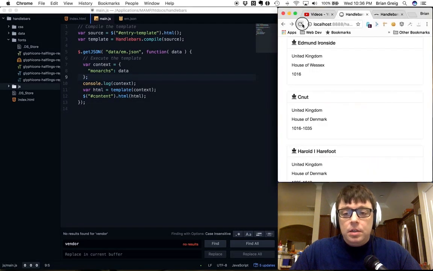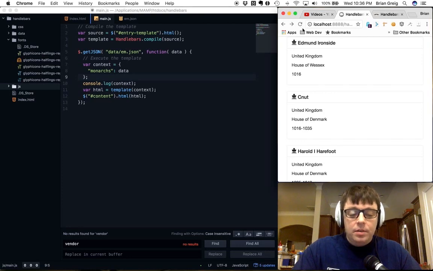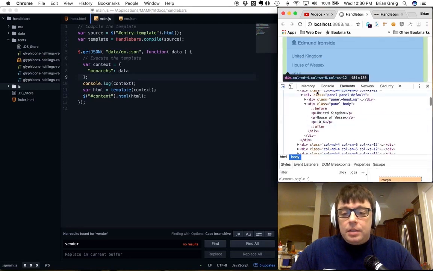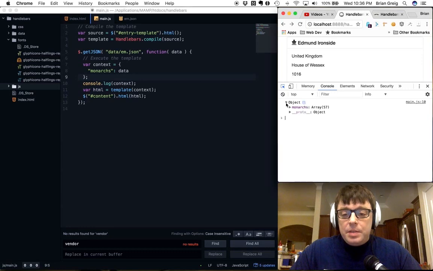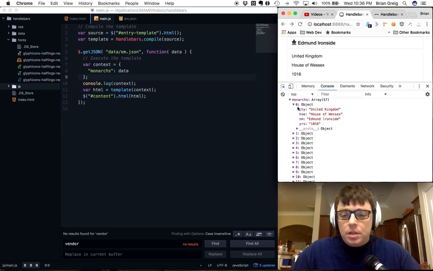Let's just refresh my screen here. And it's going to pass back an object. That object is going to contain an array called monarchs, and that array is going to have each of the elements that are being referenced in that JSON file. And you can see each object has 4 variables: city, house, name, and years, which we'll be presenting in our